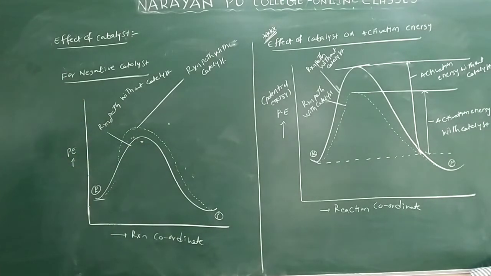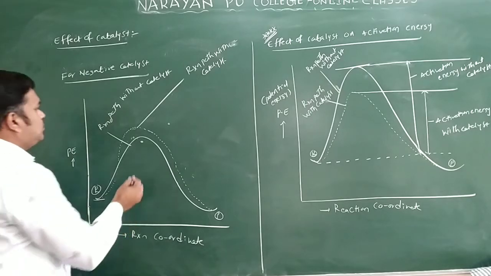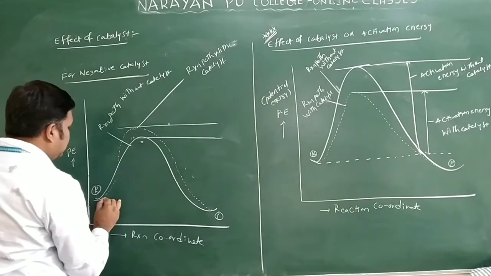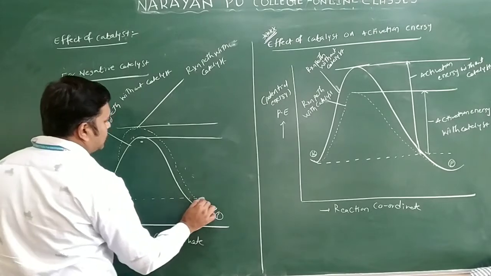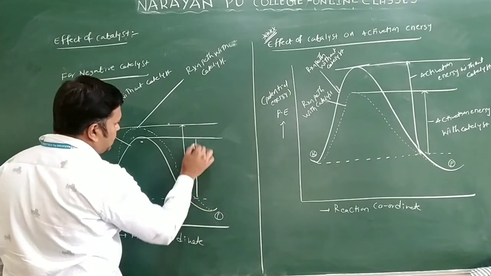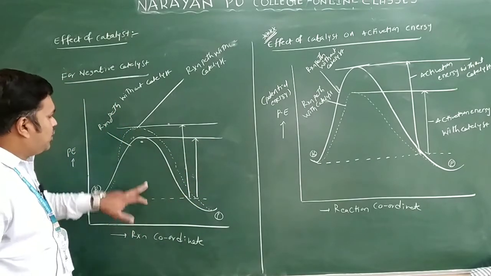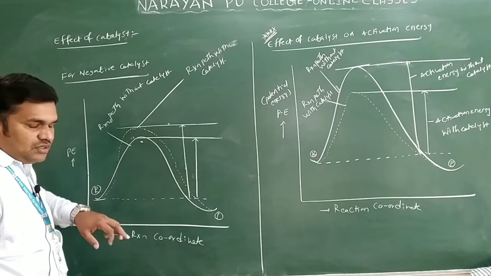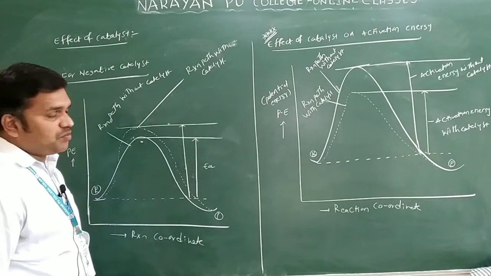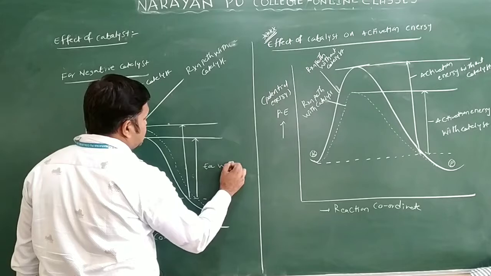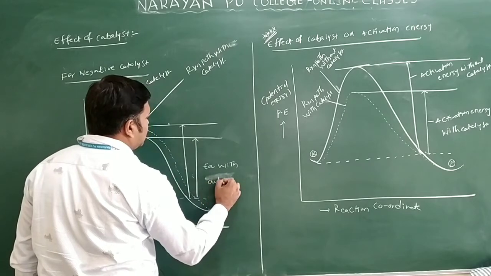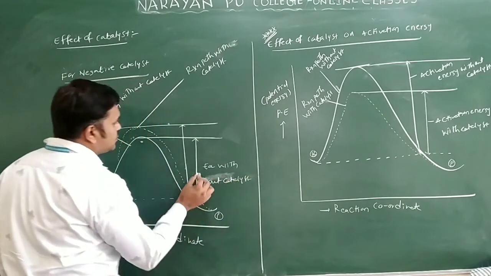We can take two lines here. This is one of the components, and here I'll write another component. This part will take an activation energy. So I will take two lines here, this is one and this is one more. So what does this line tell us? This is the reaction path without catalyst. So this is the activation energy A without catalyst.